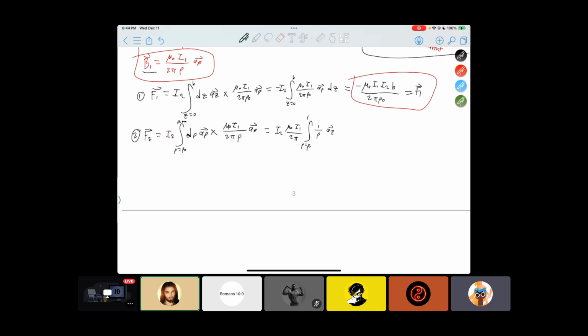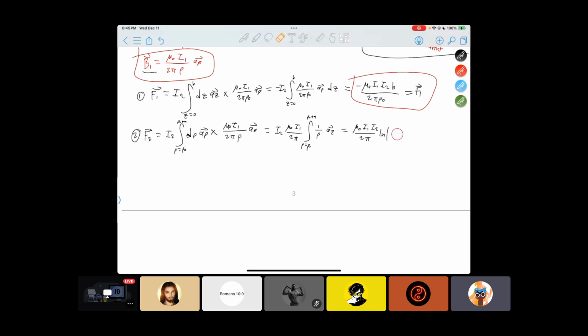Rho from rho naught to rho naught plus A. Take the natural log of that. Yeah, that's just basically it. So what are we left with? It's just basically mu naught I1 I2 over 2 pi times the natural log of